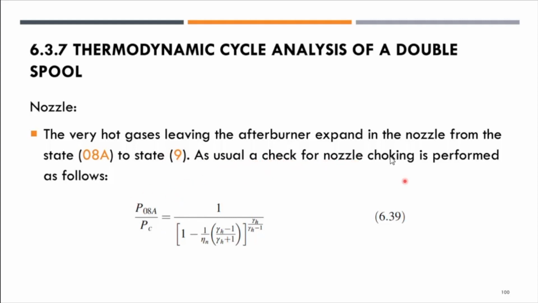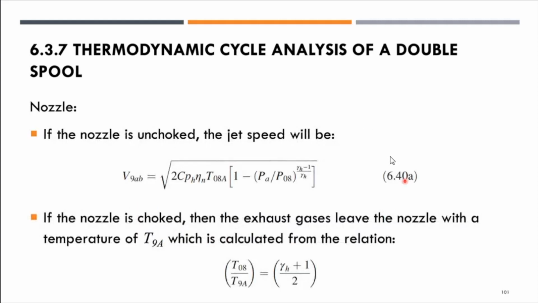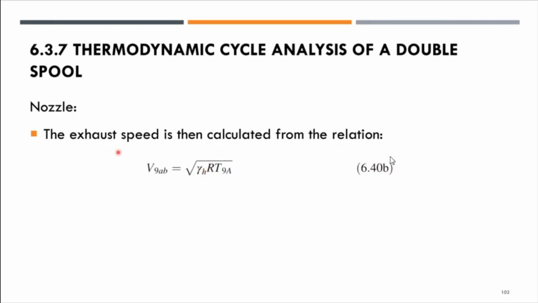So we check whether the nozzle is in a choke condition, and if it is not choked, we can then get the jet speed, V9AB, that is coming out from the exit of the nozzle. If the nozzle is choked, then the exhaust gas leaves the nozzle with a temperature of T9A, which is calculated from this particular relation. And then finally, the exhaust speed is calculated from the relation. So you get the exhaust speed for the